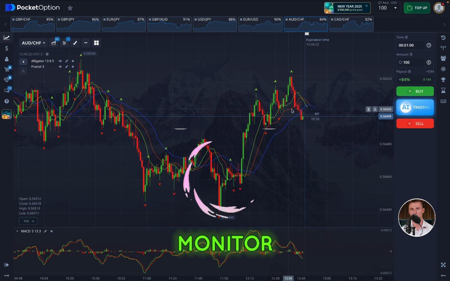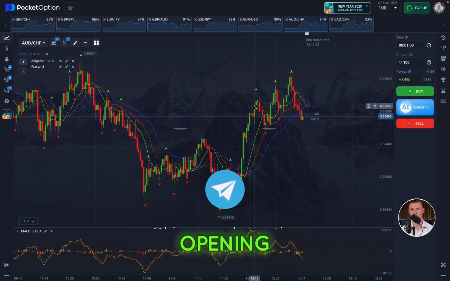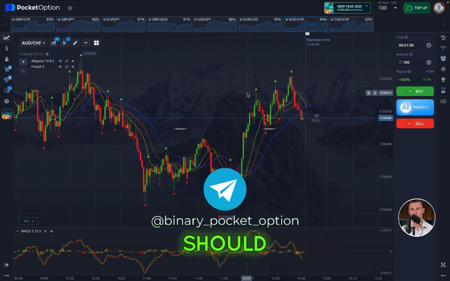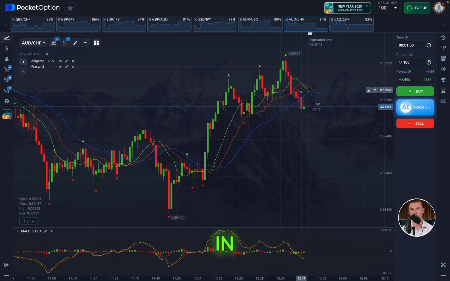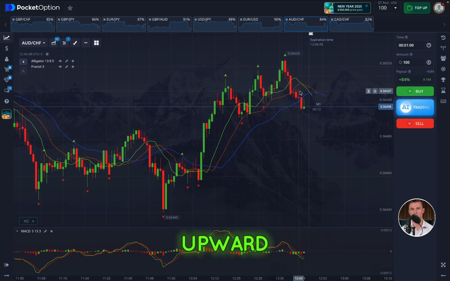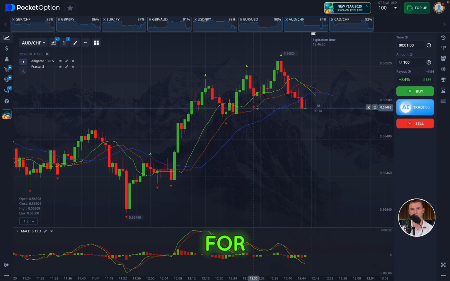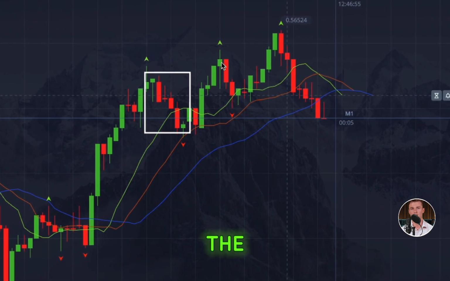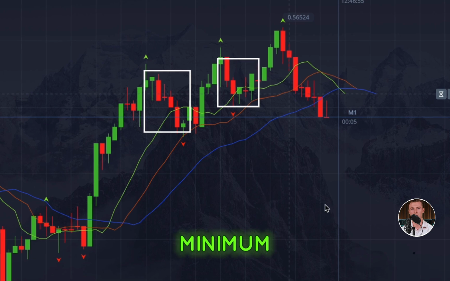Accordingly, we will monitor these indicators when opening a purchase transaction. In our trend movement, there should be a correction to the middle line, and in most cases, further dynamics of movement rushes upward from the middle line. For example, how it can be seen in these traffic sections. To minimize false signals, we add a fractal to determine the structural points of the maximum and minimum, as well